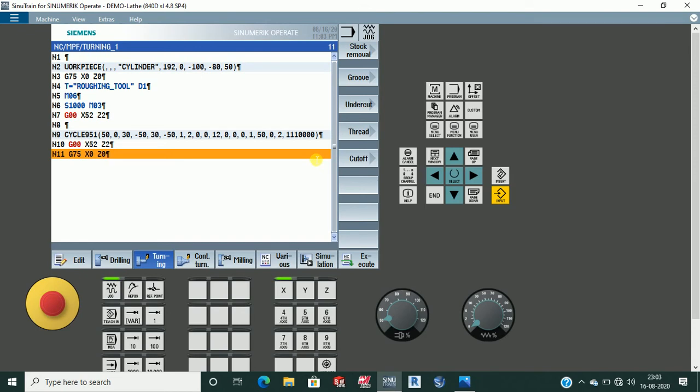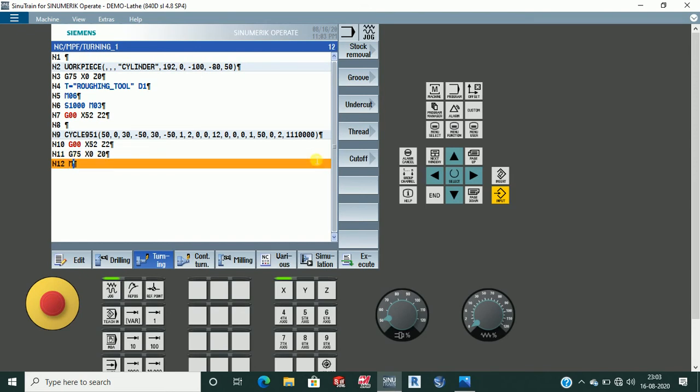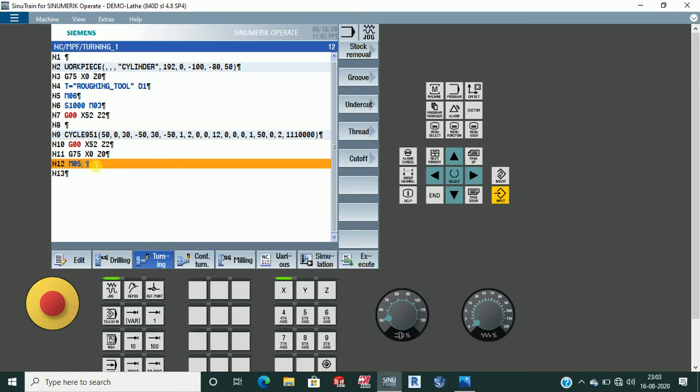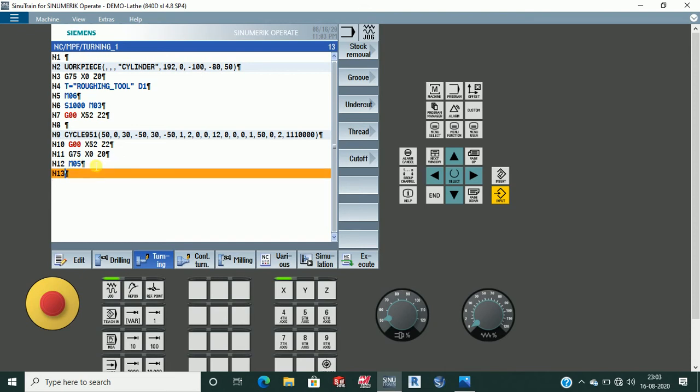Now spindle off, M05. Sorry, I have given a semicolon because I'm in the habit of using the Fanuc controller also. M05, and M30.